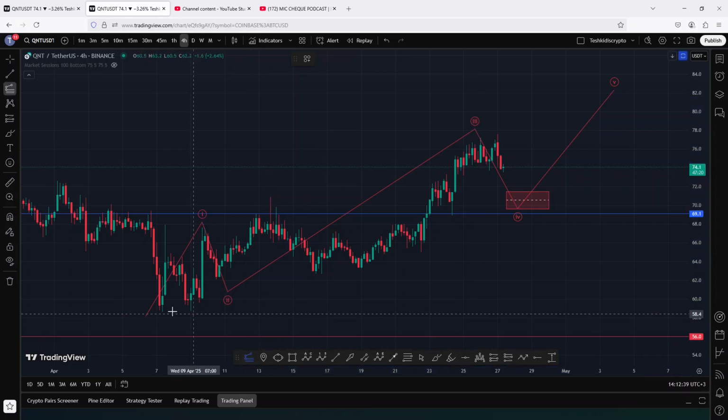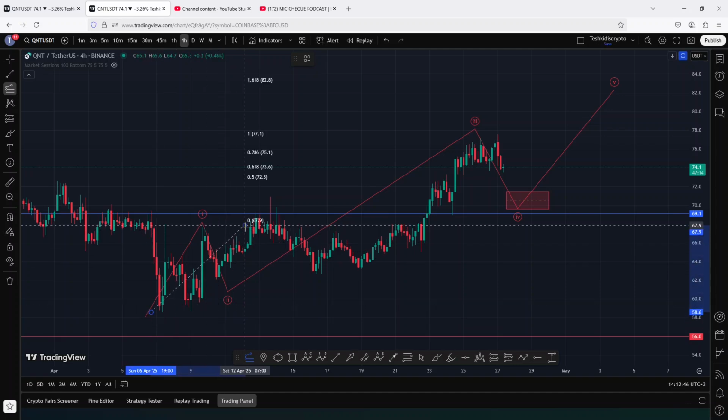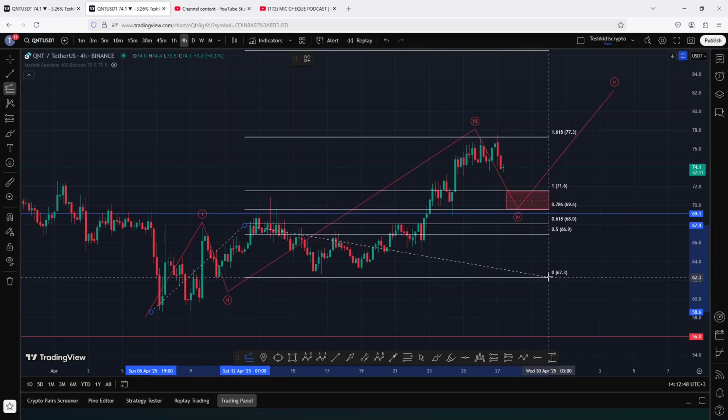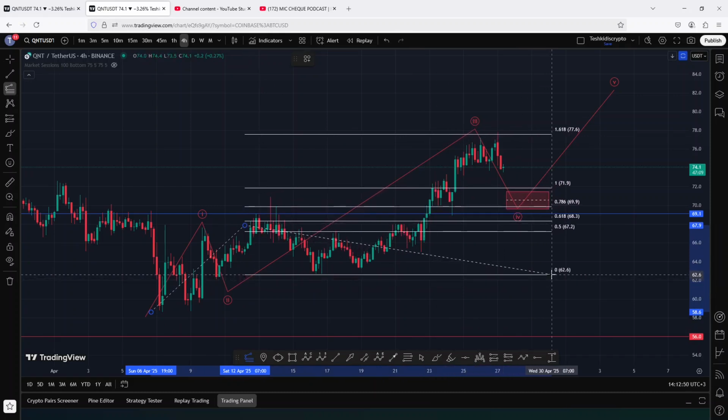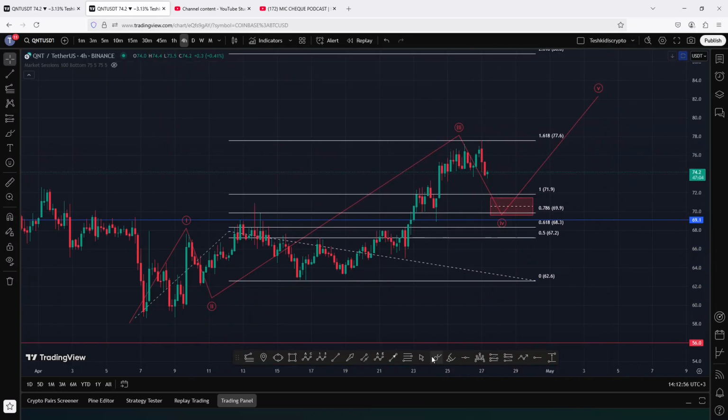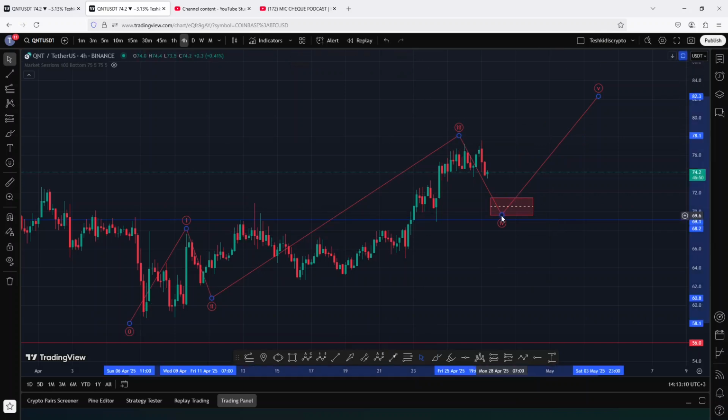The minimum target areas for that wave 3 were given by connecting the fib extension from the low of the first wave to the high of that wave 1, then connecting the Fibonaccis to the low of the second wave. And in so doing, you can see that my minimum target area, which was on the fib level 1.618, and that was above the 77.6 mark, has been fully maximized. And that means that there's a very high chance that we now have a high in place in the formation of this wave 3, and a pullback is now imminent in the formation of this wave 4,